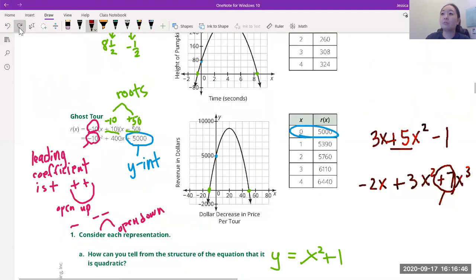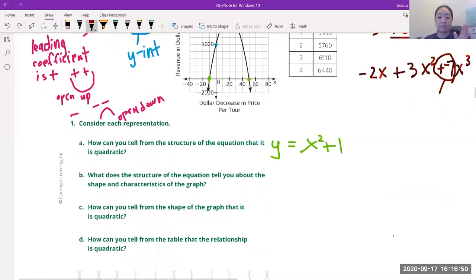Now, if we have 1 dimension, it's just 1 direction, right? Left, right, that's all we got. So that's going to be our linear. Now, if we go 90 degrees from that, now we're in 2 dimensions, right? So 2 dimensions, it goes this way. And then if this is 1 and this is 1, then this area right here is 1